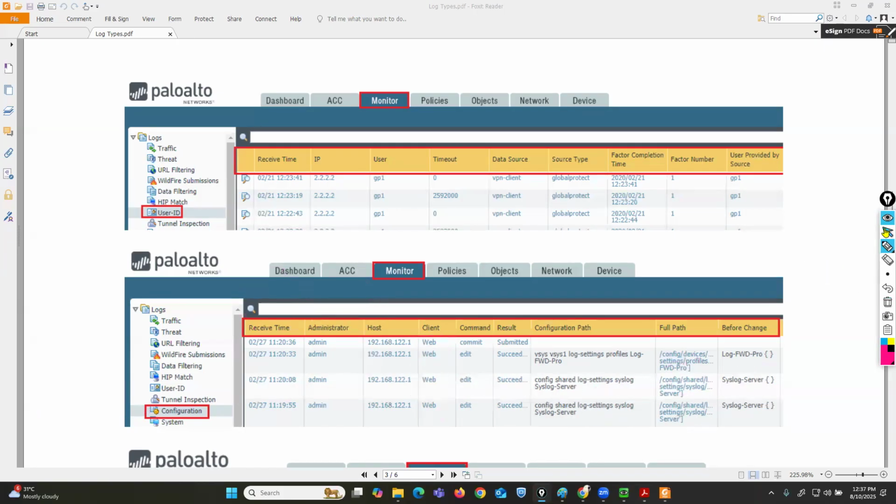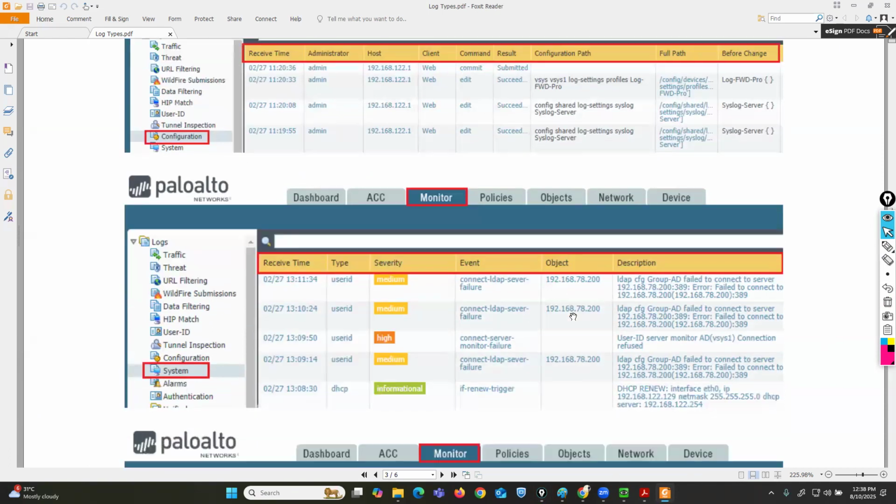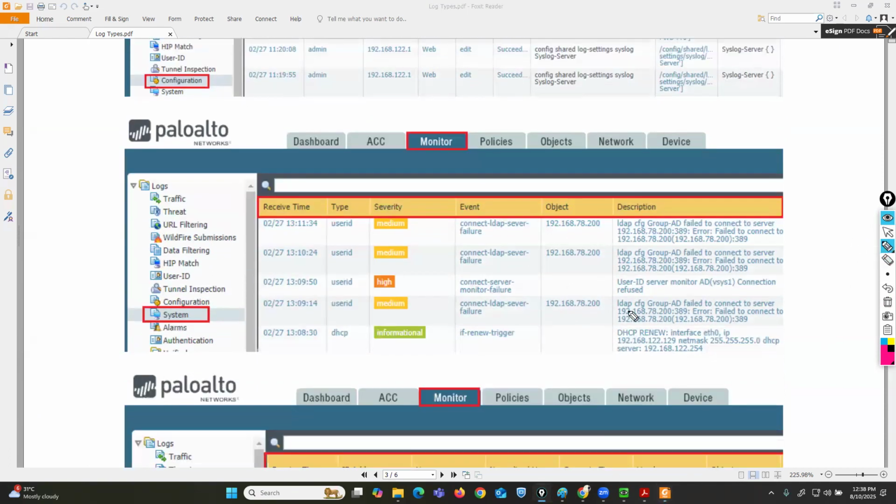So all types of configuration change logs I can verify in the configuration tab. What about system log? All system generated logs you can verify here. And we have some examples. See, the event is what? Connect LDAP server failure. If there is a connectivity loss between your Palo Alto firewall device and the LDAP server, you can verify the log